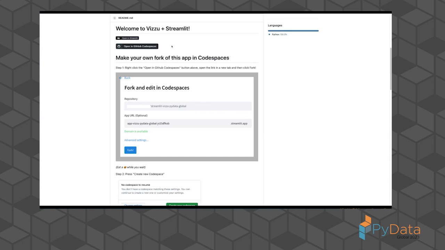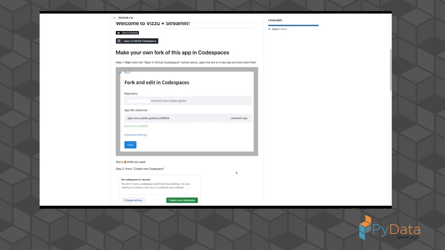One of the things that Streamlit Community Cloud has recently enabled is that you can fork an app using GitHub Codespaces, so that without installing anything locally, you can work. You can make a version of your app, have the editor in the browser, and just play with it there,